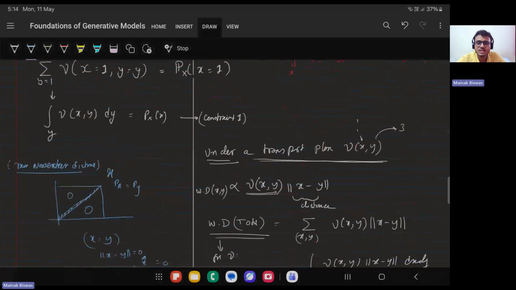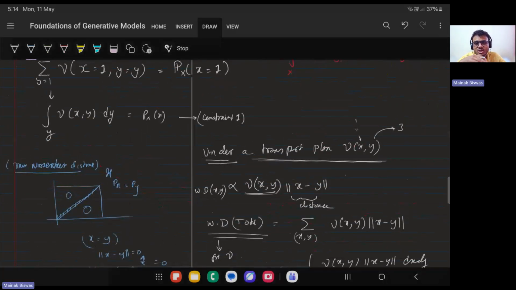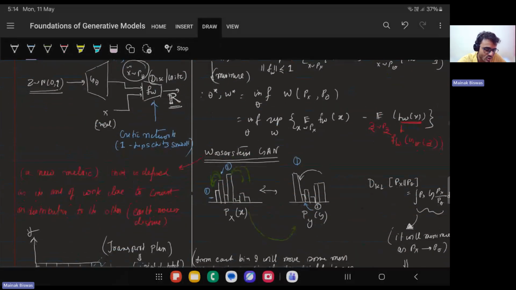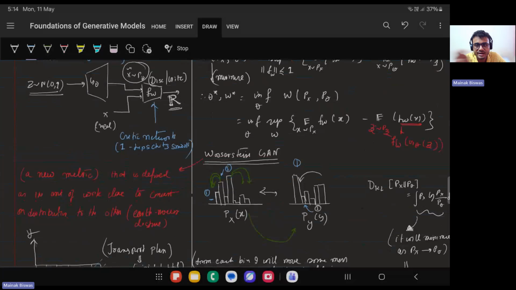So now we have learned Wasserstein GANs. Wasserstein GANs is a GAN which uses earth mover's distance, which converts one distribution to the other. And what happens here in these Wasserstein GANs is you use a critic network, which is going to take the values of the real data and the generated data and give you a real number. And the difference between the real numbers of the real and the generated data is going to give you the optimization. And you can see it's the difference between two distributions' values, which is very similar to